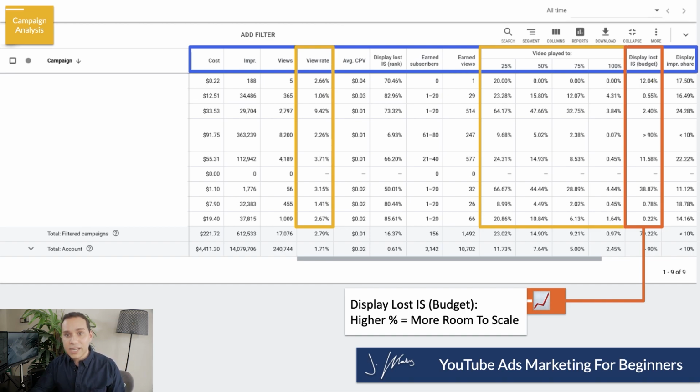And when you see a campaign like this and it's working, but the budget lost is less than 10%, then there's not a whole lot you can do in terms of increasing your budget. So go ahead and try and find another audience to target if you're looking to increase your impressions. If you're happy with it, then just let it run. That's okay. And just keep testing your ads.